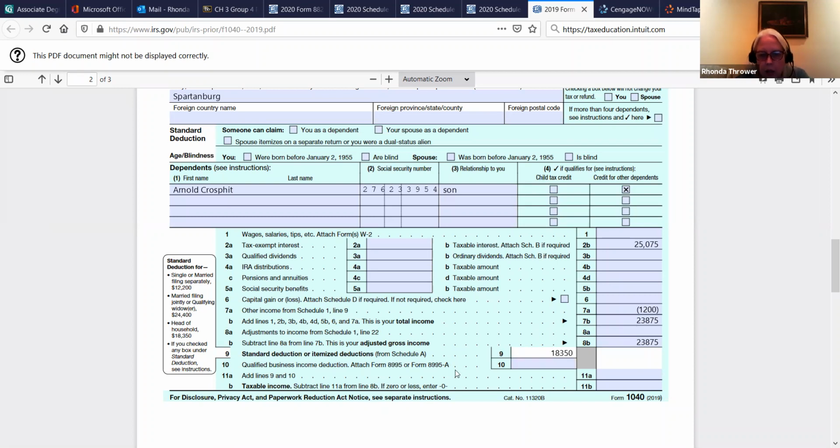And then we didn't have anything to go on line 10. We're going to add lines 9 and 10 together. So we'll still have the standard deduction of 18,350. And then you're going to subtract the standard deduction to find your taxable income, which is